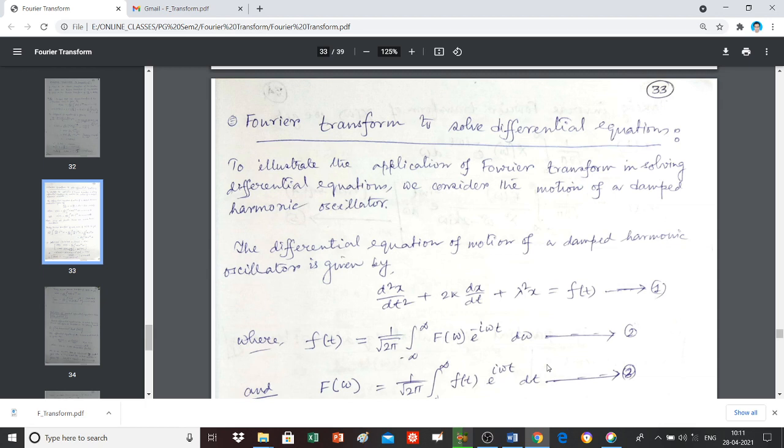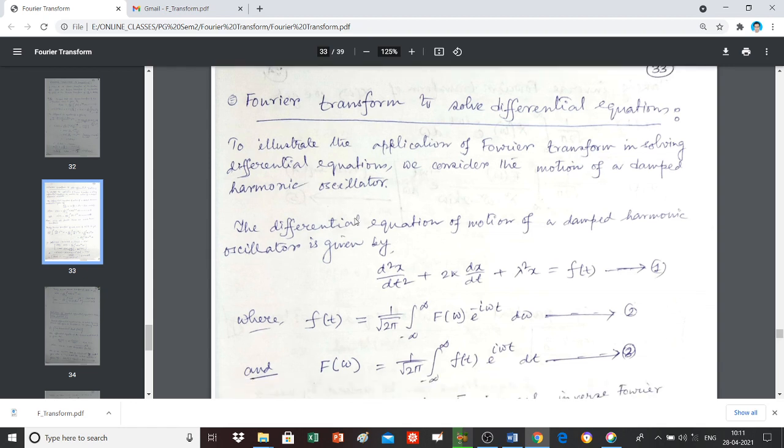To illustrate the application of Fourier transform in solving differential equations, we consider the motion of a damped harmonic oscillator. Therefore, we are considering here the motion of a damped harmonic oscillator. You know that in the case of a damped harmonic oscillator,